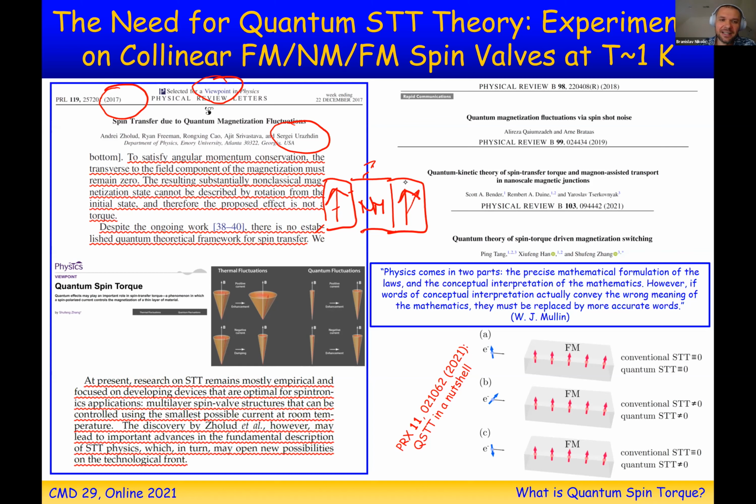But he observed something. That's why he published the PRL. And actually, it is remarkable that in the paper, without having any theoretical support, much of the insight is aligned with later theory we developed. But what they tell you is that there is no well-developed theory of treating everything quantum mechanically, both electrons and localized magnetic moments receiving the torque. And also, he says the proposed effect is not the torque, which actually turns out not to be correct.